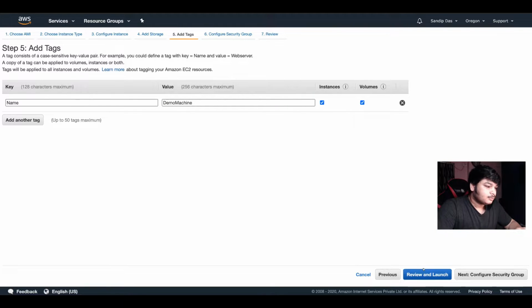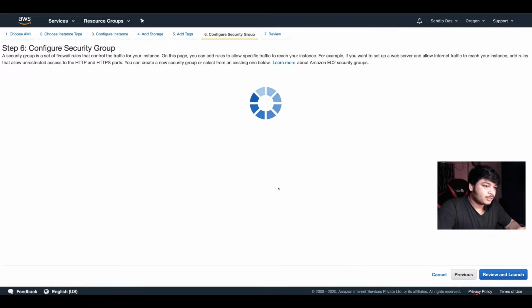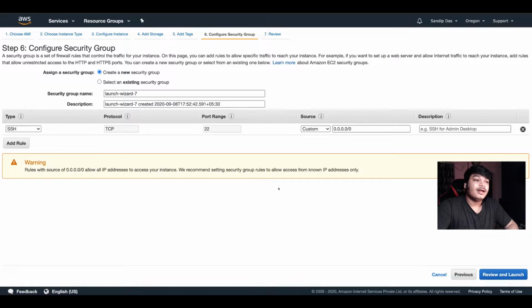Okay, now review, now configure security setup. Now comes the security part. Again, I will go a little bit in depth a little bit later, but for now just think that it is allowing your instance to communicate from inside to outside and from outside to inside. If you don't give anything or disable it, then you cannot access the machine from anywhere. By default, they're allowing 22.